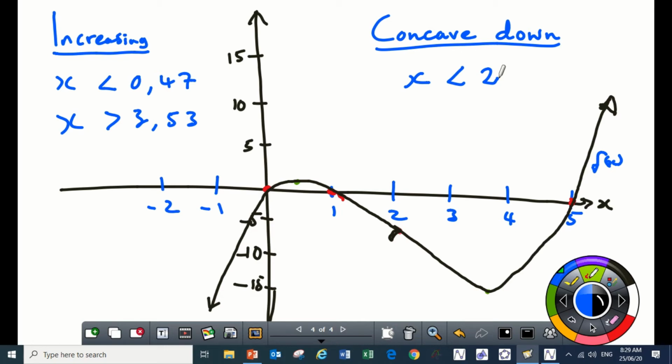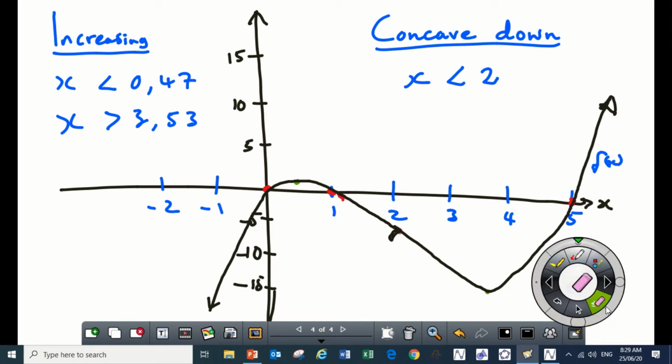Right. It might be a problem to memorize the inequality, so you can get the solution from the graph. If you decide to not get the solution directly from the graph, then you must use your second derivative. Remember, I told you that if the graph is concave down, your second derivative must be less than 0. You remember that? It's in your book. So let me just do this. I'm going to erase it though. So what you can do, if you can't get the solution from the graph,